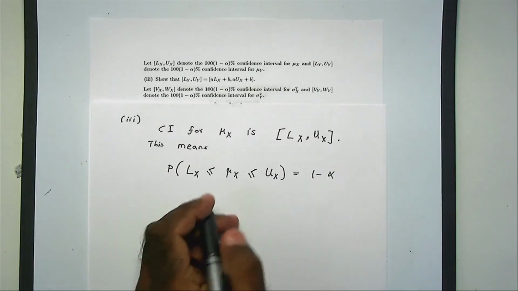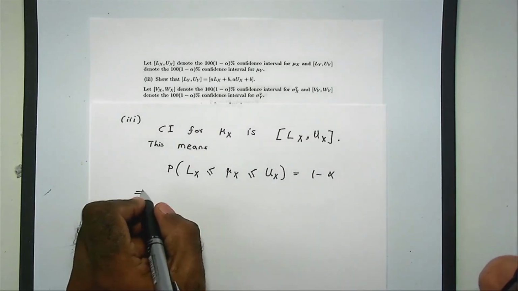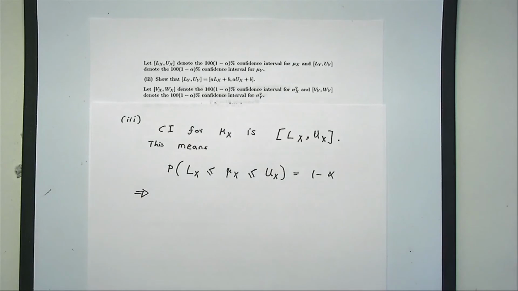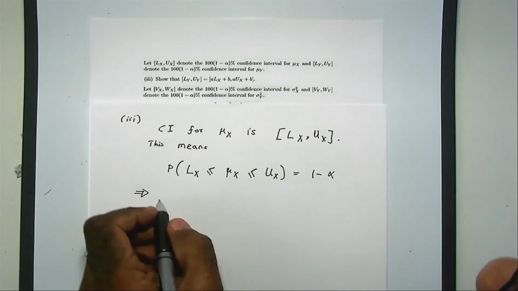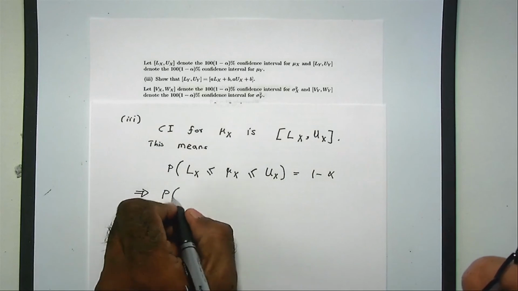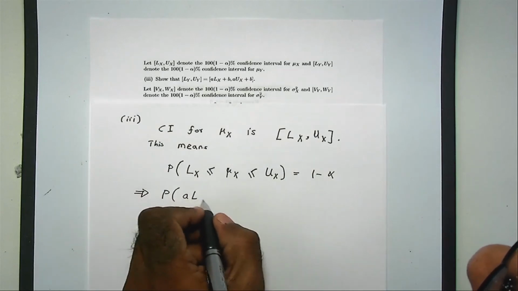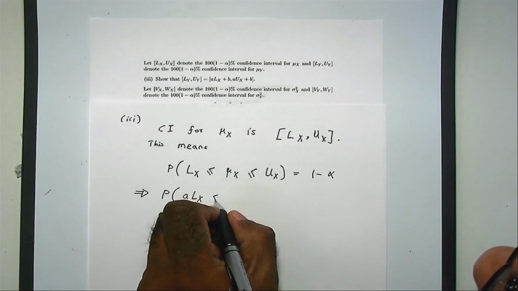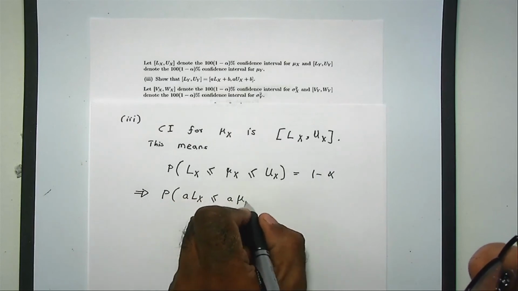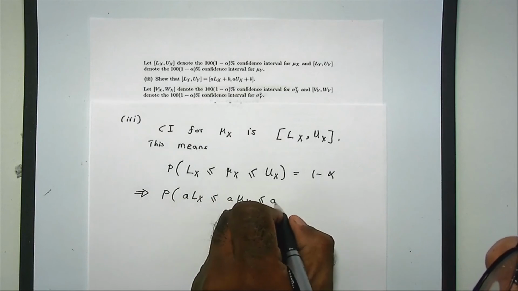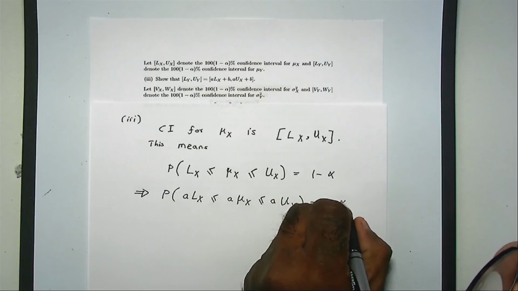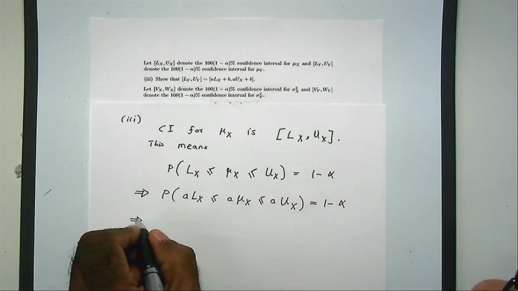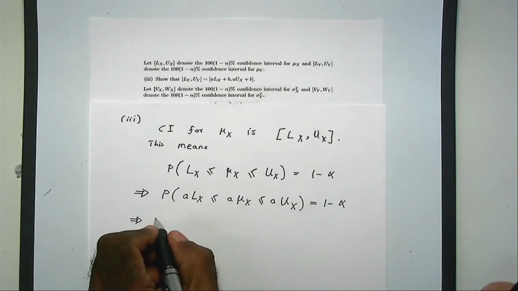Now what I'm going to do is a multiplication and a division. The first thing I'm going to do is multiply the three numbers here by a. And the next thing I'm going to do is add b to each of these three numbers. So this will become